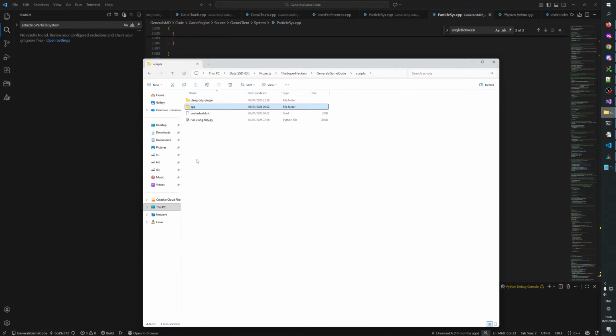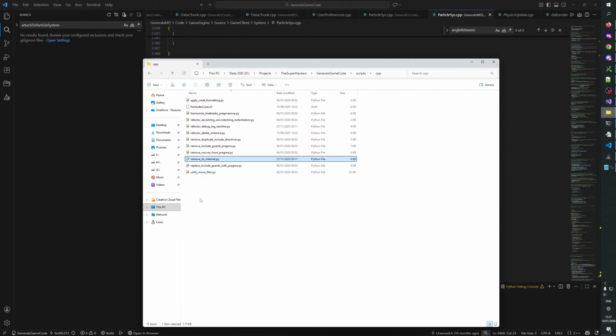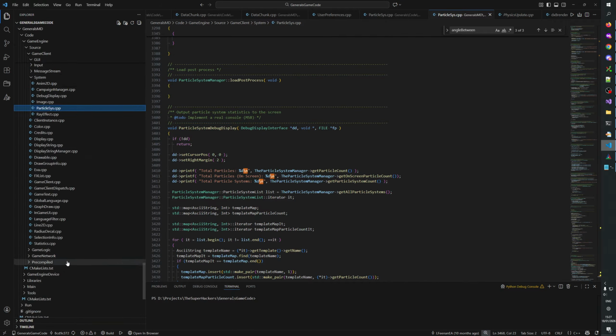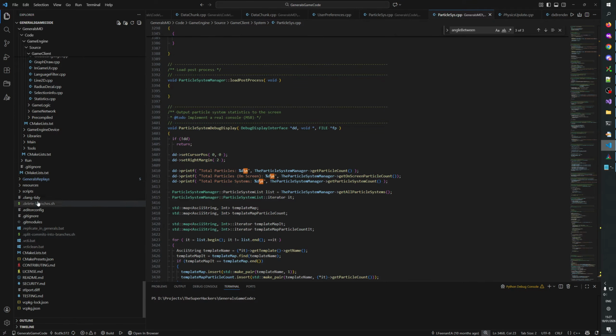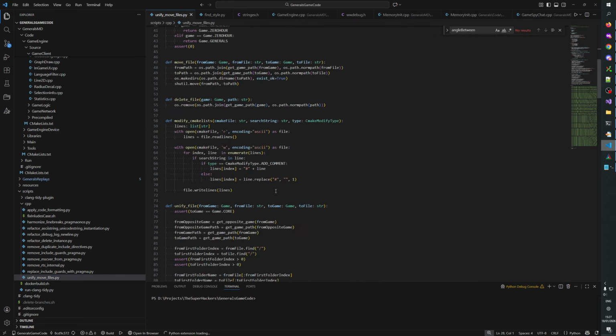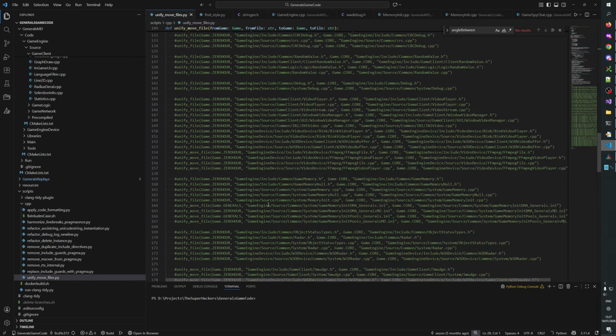I think we need to go to scripts, CPP, unify move files. Unify move files. Let me see. Tools. Scripts, CPP, unify move files. And